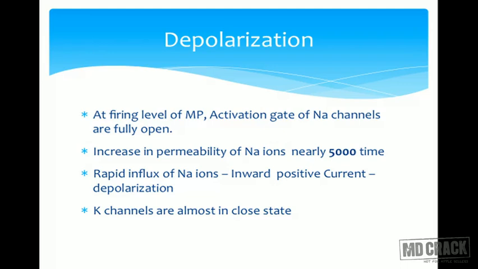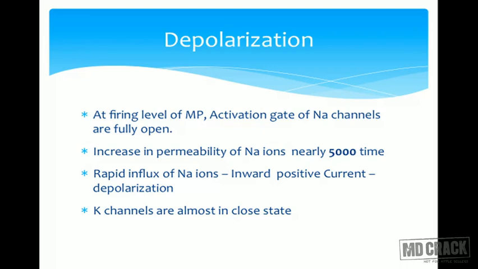Now if you recall, both the concentration gradient as well as the electrical gradient for the sodium ion are directed inside. The equilibrium potential value for the sodium ion is plus 61 millivolts. So there will be rapid sodium influx. A positive ion is moving inside, and it will try to take the membrane potential towards plus 61 millivolts. So what will happen because of that? There is a phase of depolarization. The membrane potential from minus 55 level will go to minus 45, minus 30, minus 20, it can go to 0, and even it can reach plus 35 millivolts.